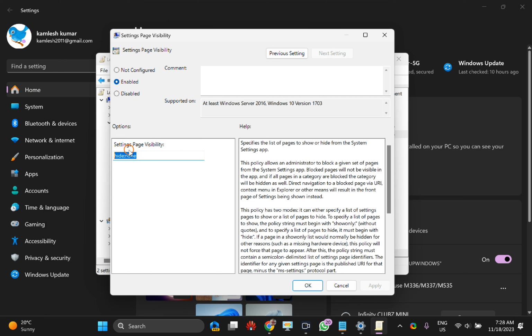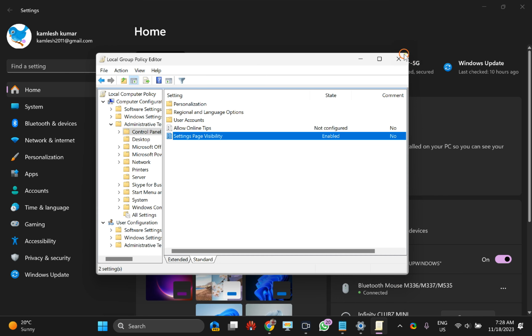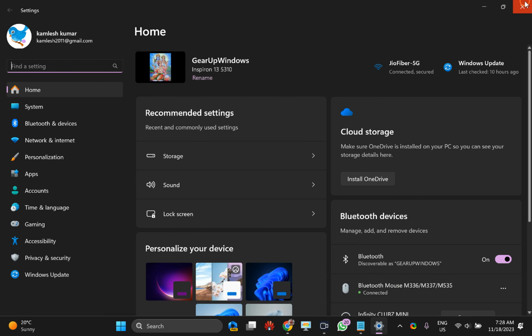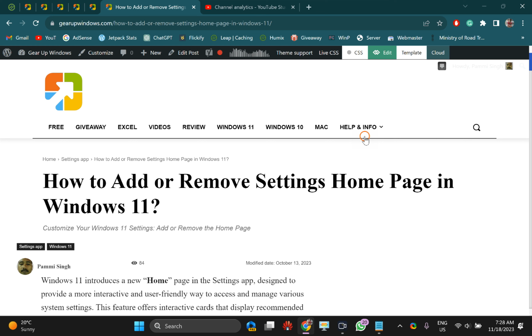If you want to hide it purposely, then type hide colon home. Then click Apply, then click OK, and close the Settings app and reopen it.